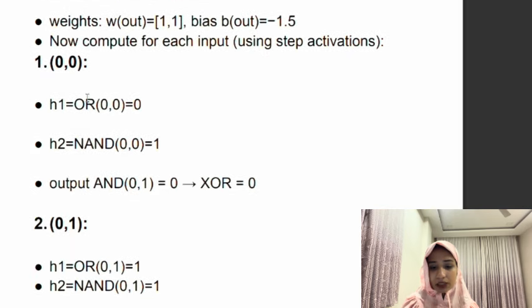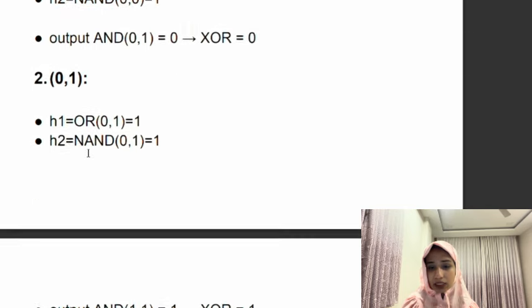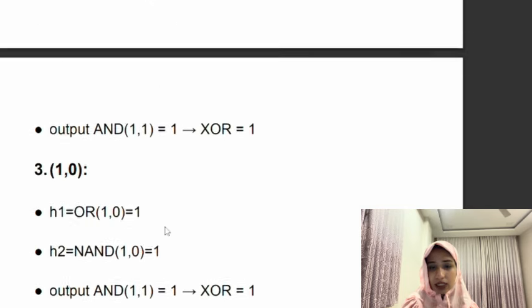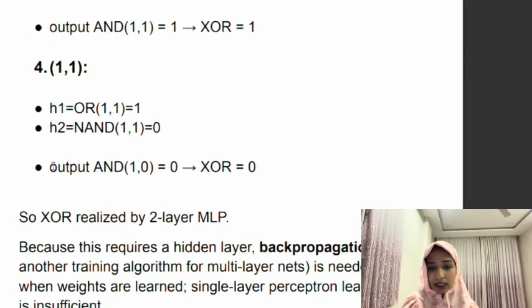So this will be the answer for 0, 0. H1 is OR of 0 and 0, H2 is NAND, and the output will be AND of these. And similarly OR, NAND and AND for the other inputs. So this will be the output. XOR equal to 0. So XOR